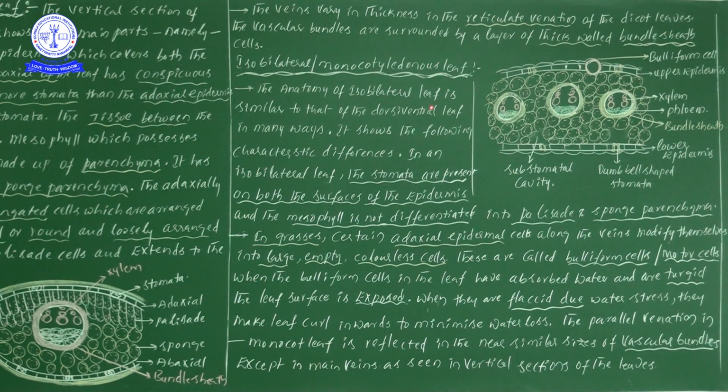Now, anatomy: there are 4 or 5 most important points. Let us discuss and conclude. The anatomy of the isobilateral leaf is similar to that of the dorsiventral leaf in many ways. In most cases, the monocot leaf and the dicot leaf have similarities, but the monocot leaf shows some characteristic differences. So what are those? Now let us see. In an isobilateral leaf, that is, the monocot leaf,